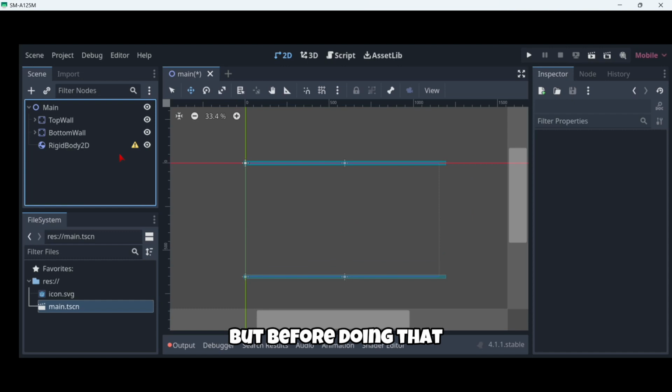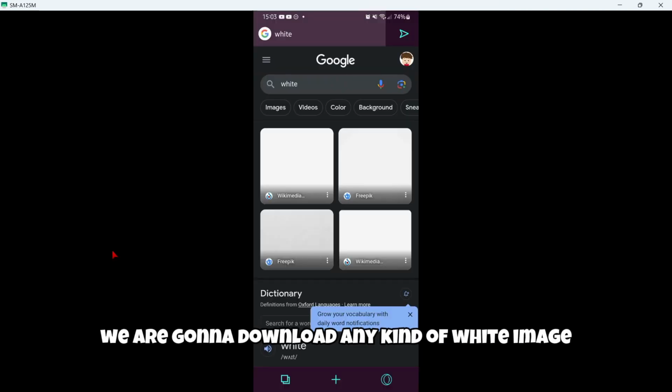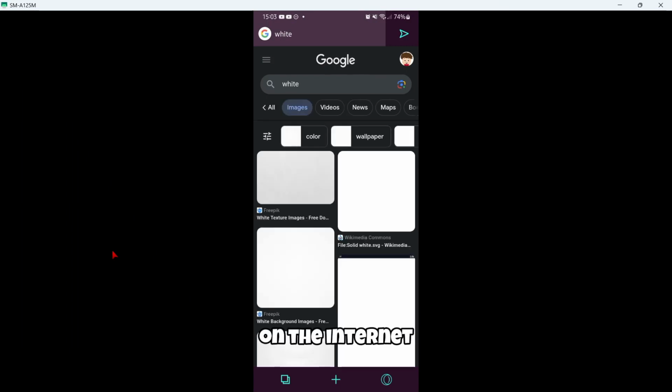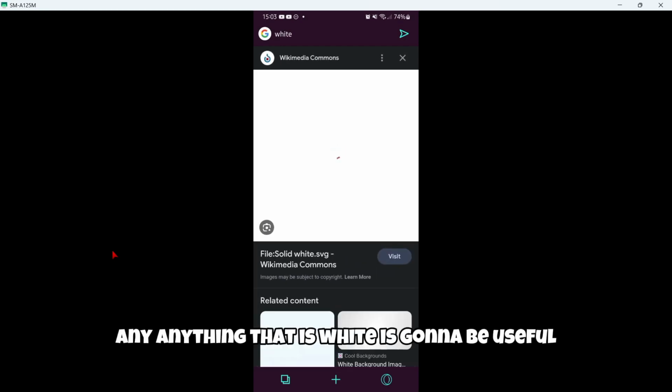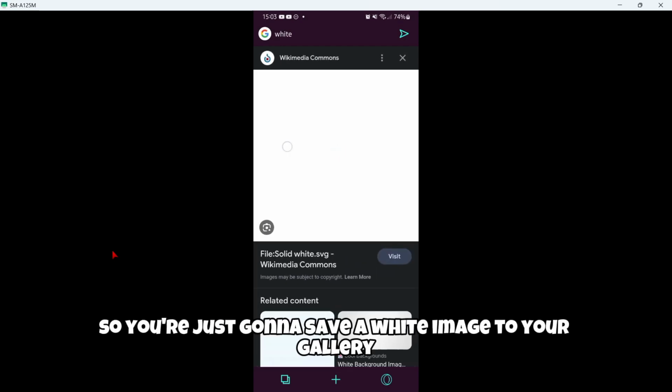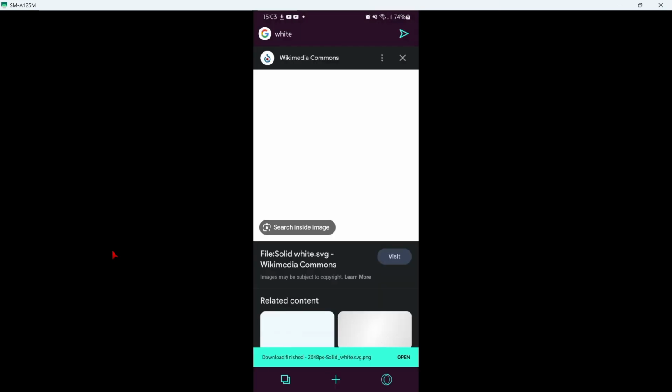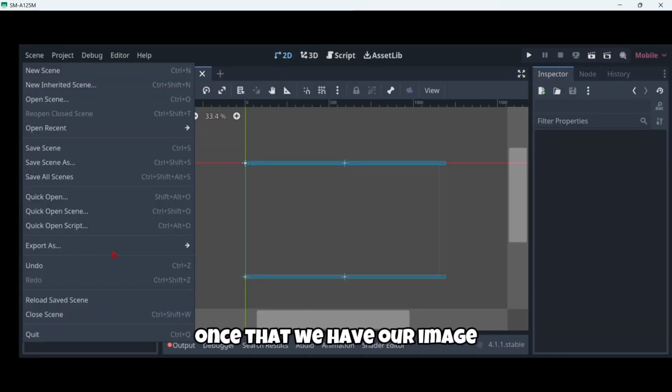But before doing that, we are gonna download any kind of white image that you can find on the internet. So literally anything that is white is gonna be useful. So you're just gonna save a white image to your gallery. Once that we have our image, we're gonna go to scene, and then we're gonna go to quit right here